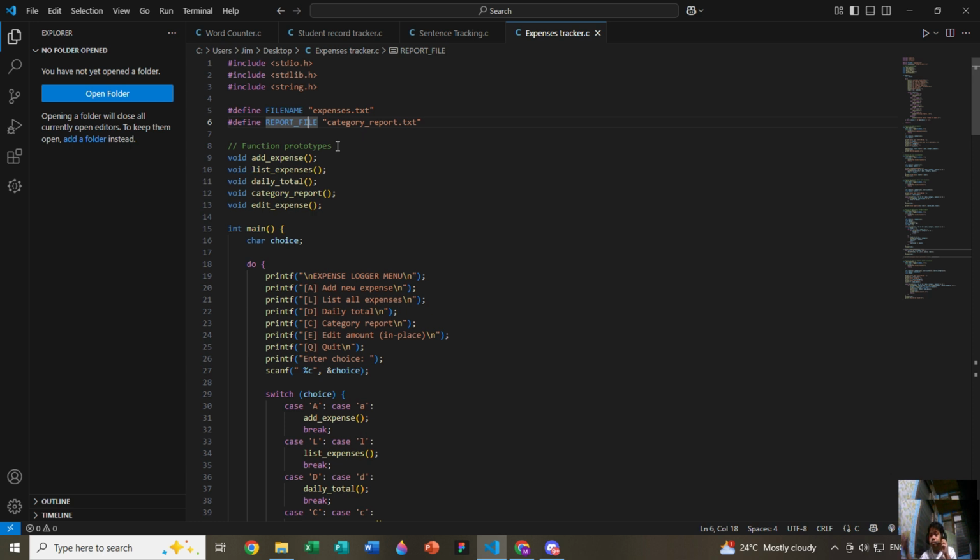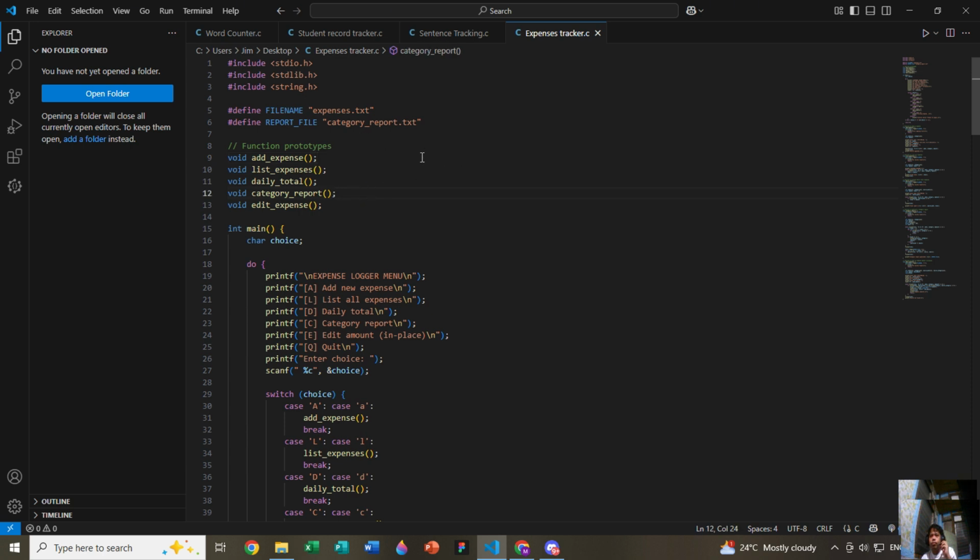Now, for the function prototypes, of course, we have add expense for inputting new expenses. List expenses basically will be displaying the expenses that you've added. The daily total will total out the expenses that you have added.